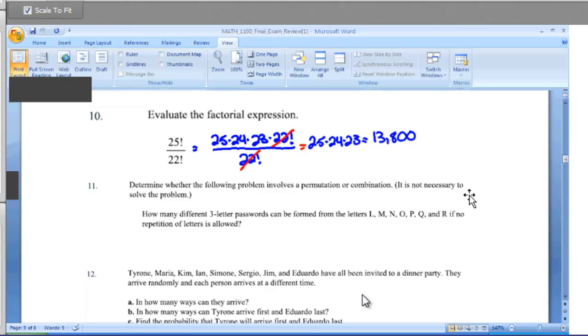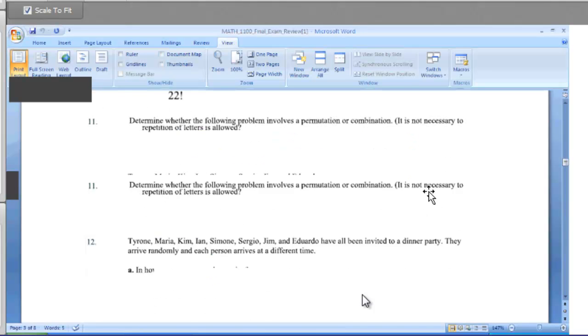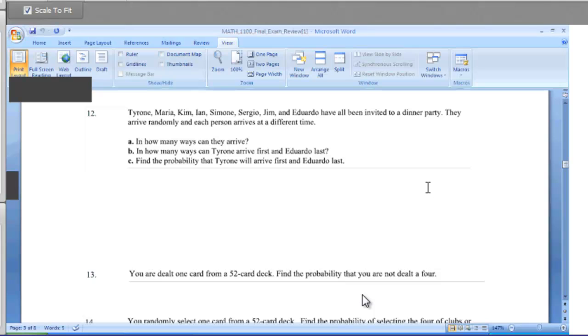All right, for number 11, we're trying to figure out if this is a permutation or combination. How many different 3-letter passwords can be formed using the following letters if no repetition of letters is allowed? So the order matters. If the order matters, it's a permutation. So again, that's because the order matters. Okay, for number 12,